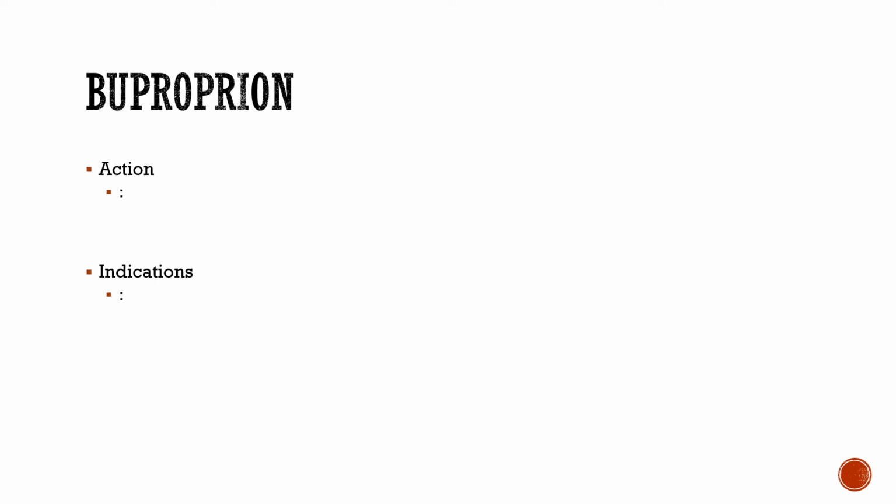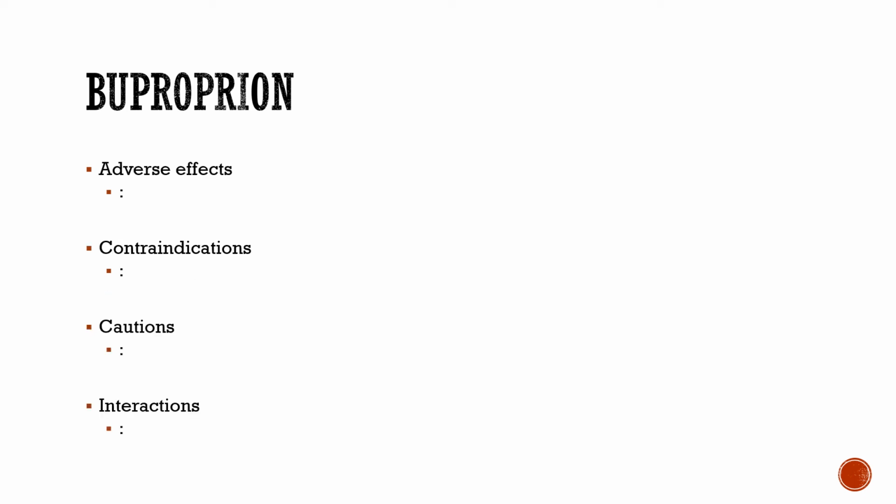Again, indications, usually it's like seasonal depression or seasonal affective disorder, sometimes they call it. Smoking cessation seems to be the most common indication nowadays that I've seen it used for, and it seems to work pretty well. Adverse effects, GI distress is the most common. However, this will also potentially lower the seizure threshold, so anyone with a risk for seizures would be really careful with that. Can cause headaches and also appetite suppression, so you would not want to use this in anyone with bulimia or anorexia or anything like that.